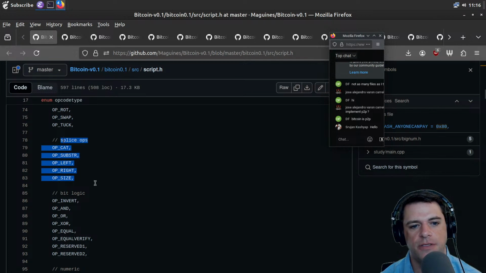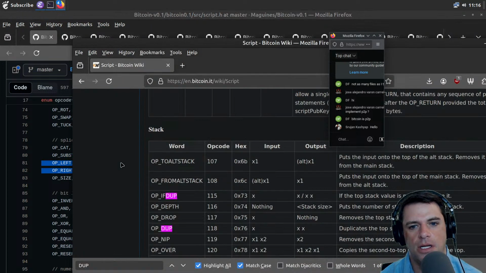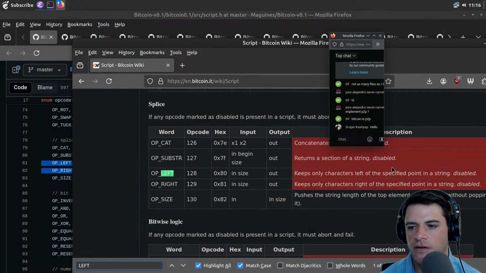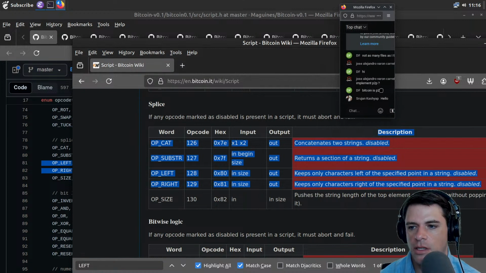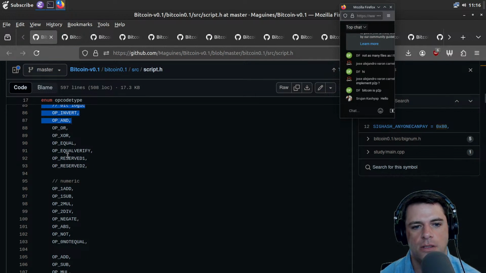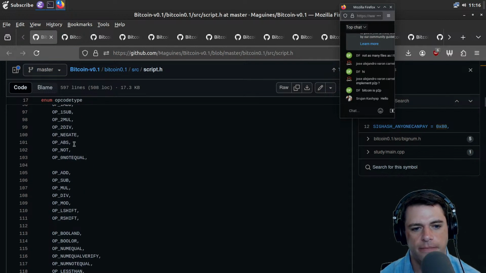And you have splice ops, like concatenating two things, checking for substring, I believe is what op substr is. Left and right, and size. Keep only characters left of the specified point of a string, disabled, and op right is disabled. So cat, substring, left and right are all disabled. Fine. And then we have invert and, or, I don't know how invert is different from not, and also numeric,